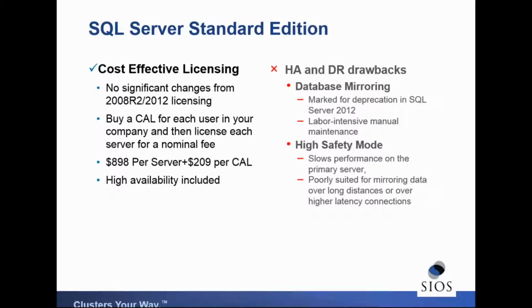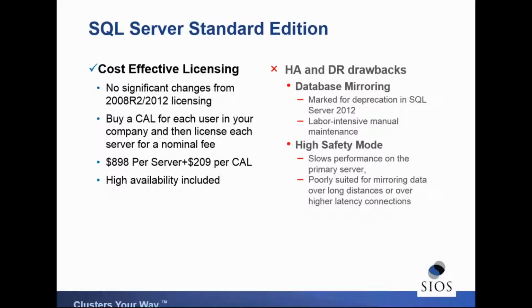The high availability feature in SQL Standard that leans a lot of companies towards using Enterprise Edition leans more to the DR side. Database mirroring, and this started in 2005 SP1 when they introduced it, or excuse me, 2008 was when asynchronous was introduced. Database mirroring has two modes. There's one mode called high safety. This is synchronous replication. What happens when you're using high safety mode is if a transaction takes place on your primary server, that transaction is not committed on the primary until it reaches the transaction log on the secondary server, which is